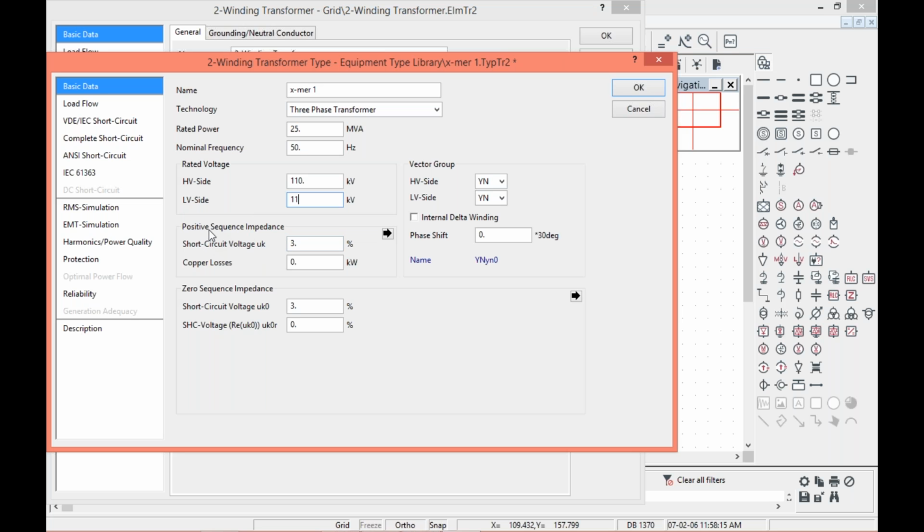Like, we can also add positive sequence impedance. If we want to have the grounding impedance, all these things, we will add zero sequence impedance, short circuit voltage, all these things. You can also change the vector groups for high voltage sides, the various vector groups are given here. Same for the low voltage side. If we just want to introduce a phase shift, we can change there. Okay,